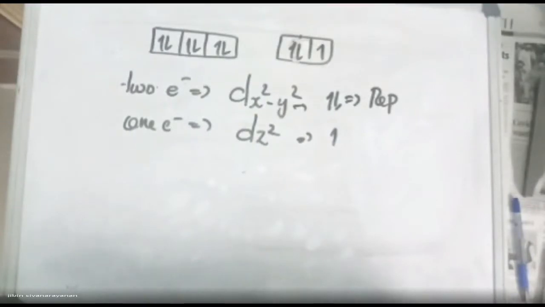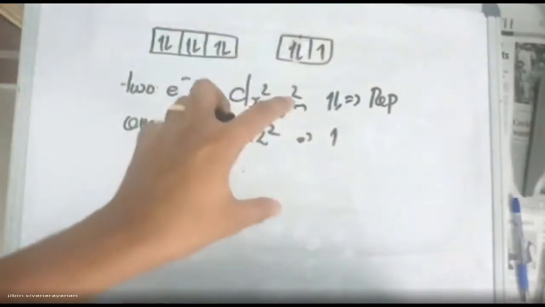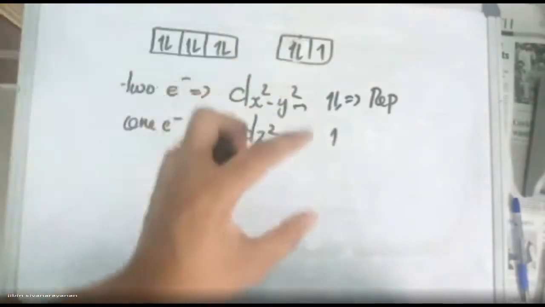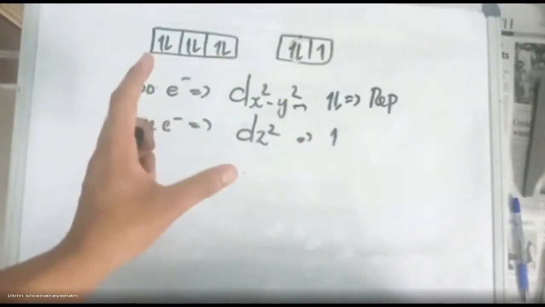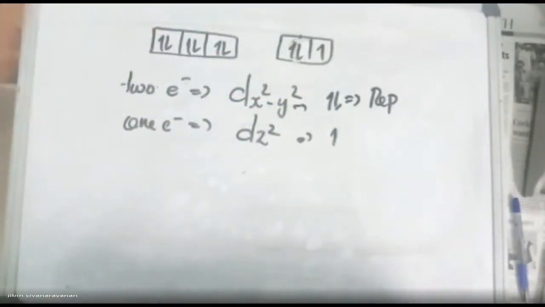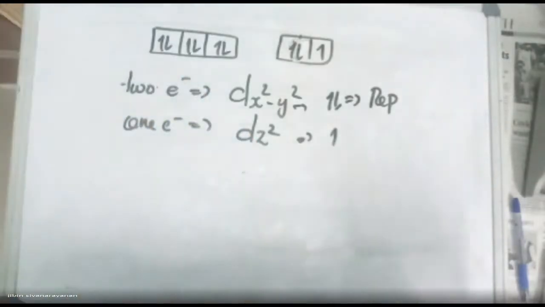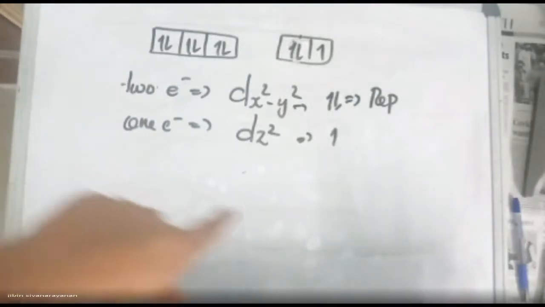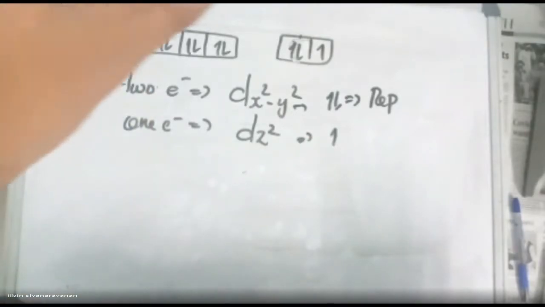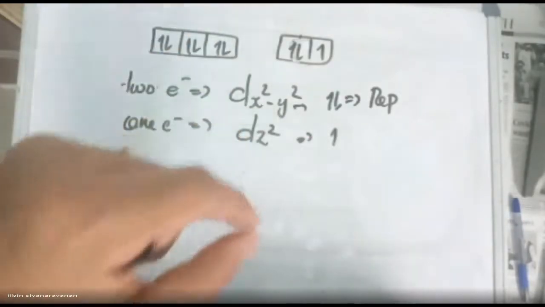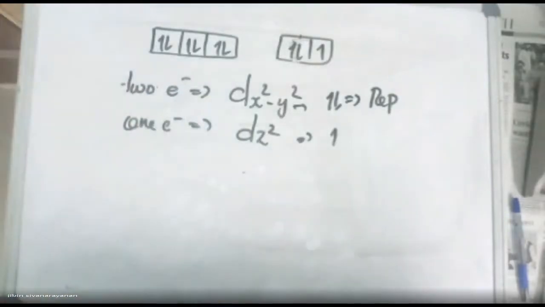Got it? In order to minimize this repulsion, it won't be affected to the nucleus. If this repulsion affected the nucleus, then the complex would become unstable. So what they are doing is they will move far apart from each other, then that repulsion will be minimized. So it won't get into the nucleus. So this x and y are getting more elongated.